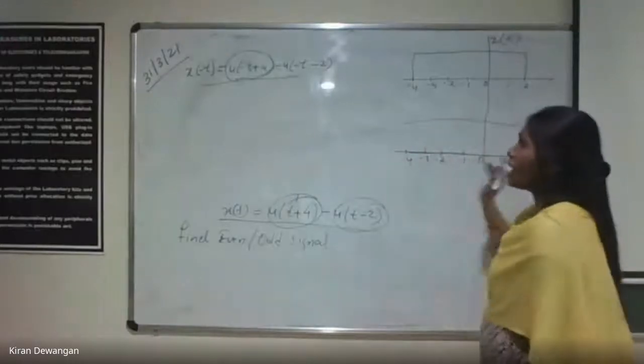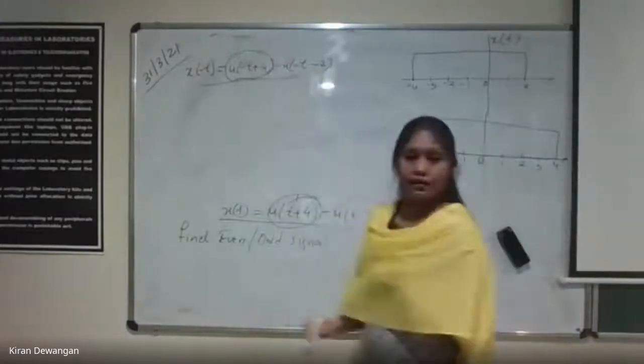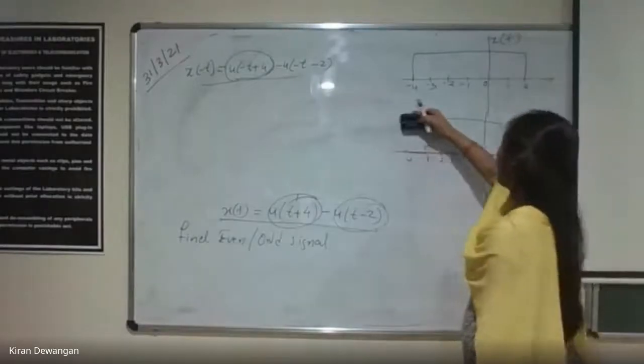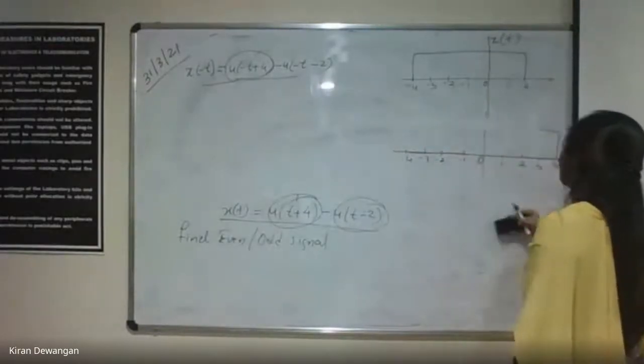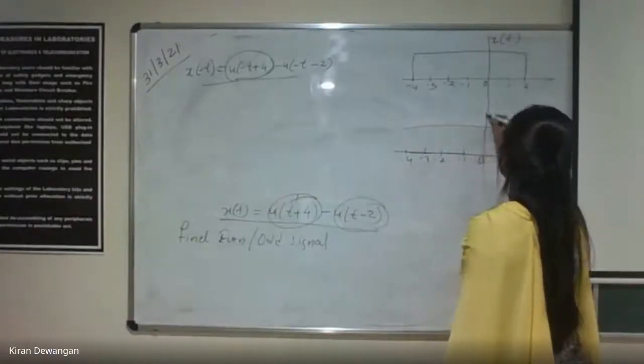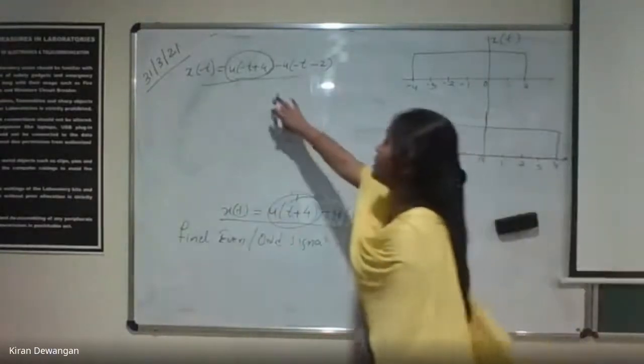This one. ये आपका ये वाला प्लॉट है, ठीक है. This one is this plot. It will start from 4 and it will go in the negative t side. पूरे negative t में आपका प्लॉट होता जाएगा. Yeah? तो ये आपका u of minus t plus 4 है.